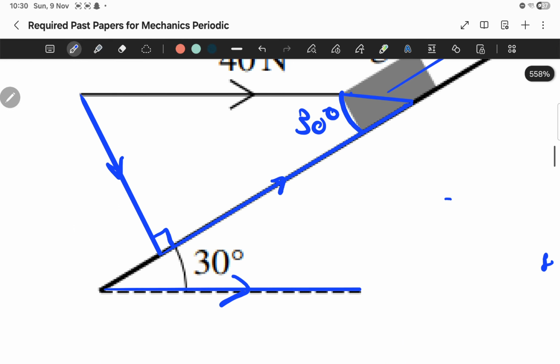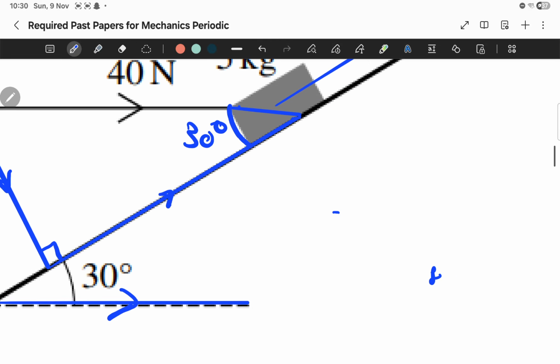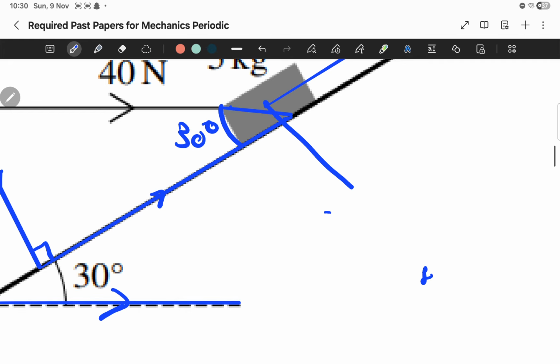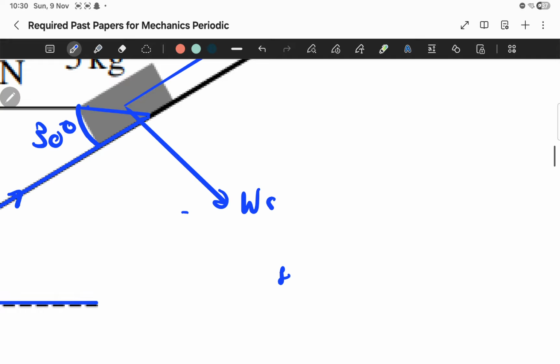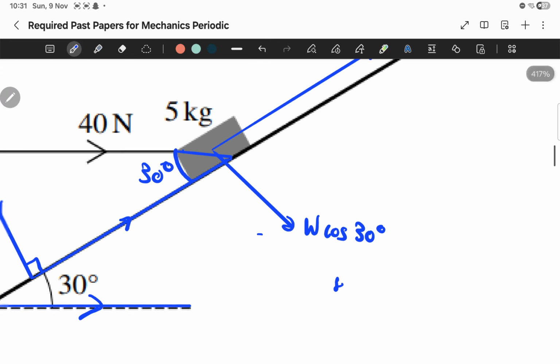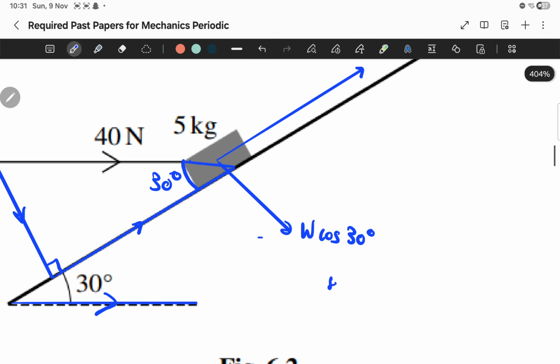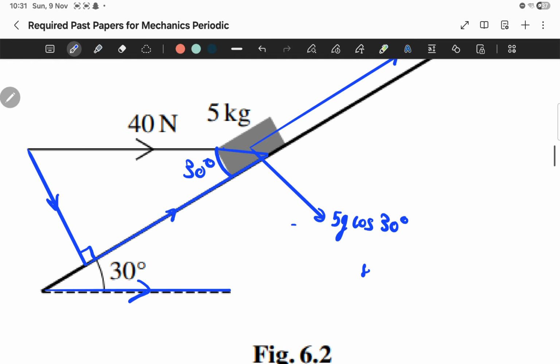So now we can finally write here 40 cosine 30. Okay, now we can see that the y is going downwards, right, from this triangle. So instantly we can write that obviously we're gonna have the y component of the weight, which is what? W sine 30. Or sorry, W cosine 30. I almost fell for it too. W cosine 30. Okay, this is the weight. This is the weight of the object. So we're gonna actually swap this with mg, and then we're gonna swap it with 5. I've done so many replacements. Okay, now,